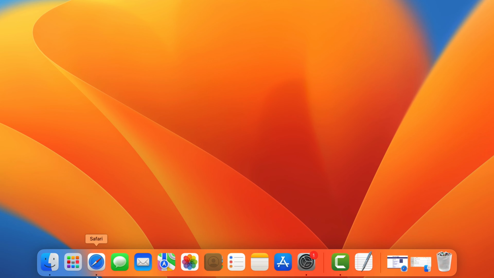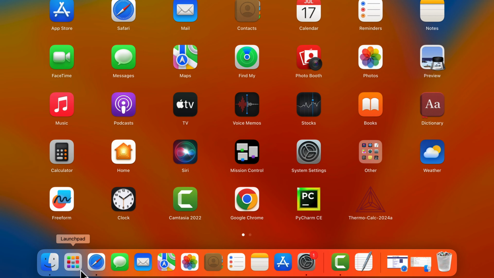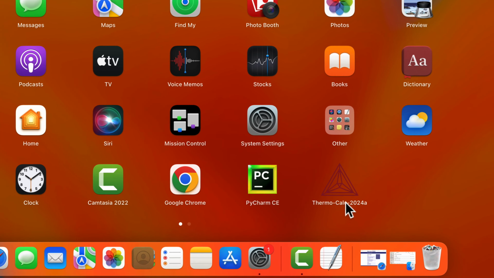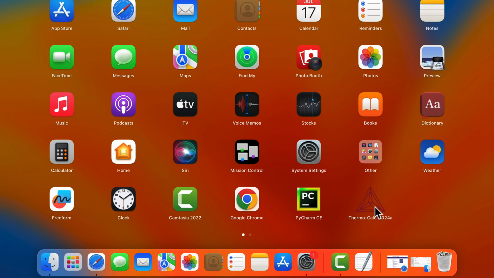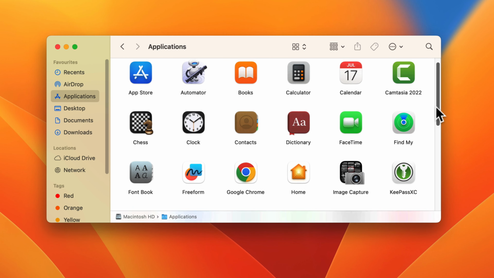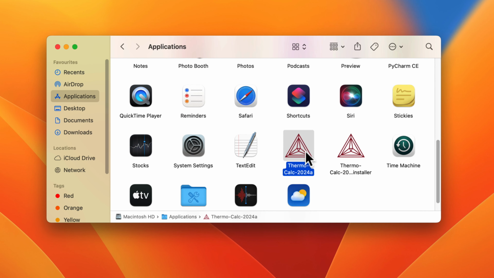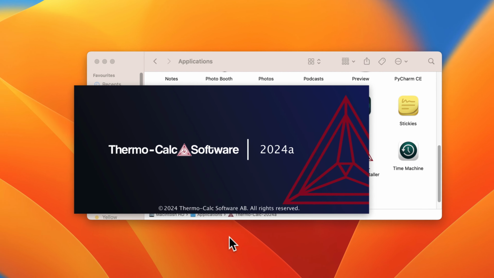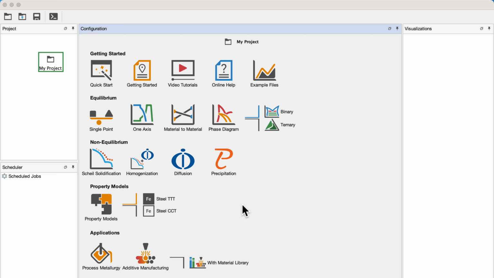To find the software, open the Launchpad from your toolbar, and you should find ThermoCalc at the end of the list of programs. You can also find the software in the Finder, Applications. To use the software, simply double-click on the shortcut, and the program will open. We have included several resources to help you get started using ThermoCalc right on the home screen.